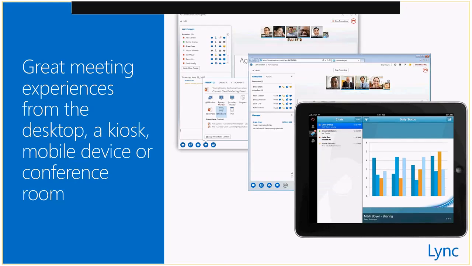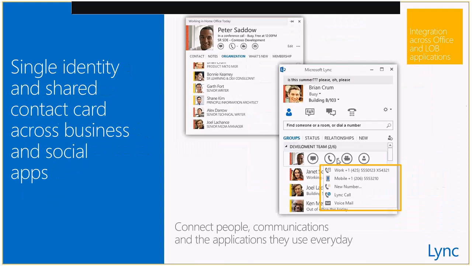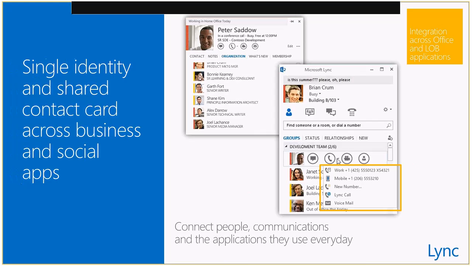Or a mobile device, iPad, any type of device like that. So, with that said, let me move. I'm almost done with my slides here for you guys. So, as I had said, there's a single identity and shared contact card across business and social applications with Microsoft